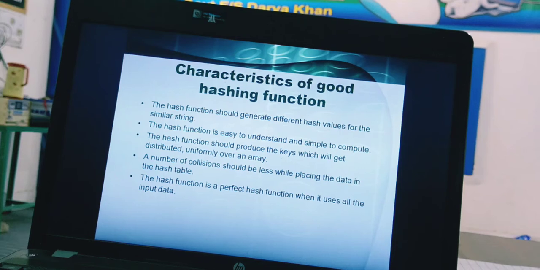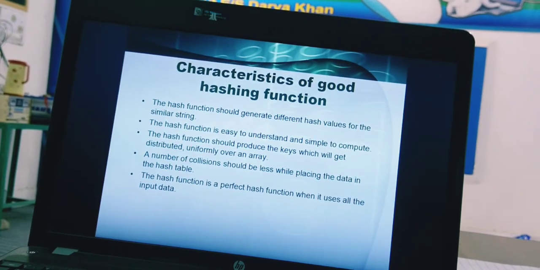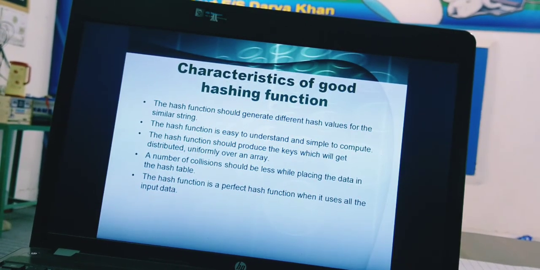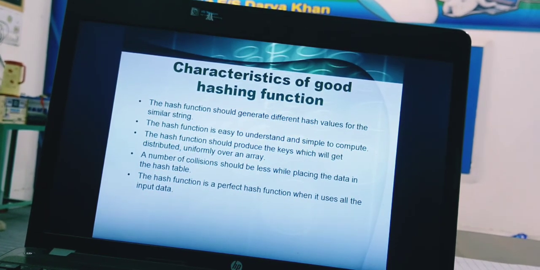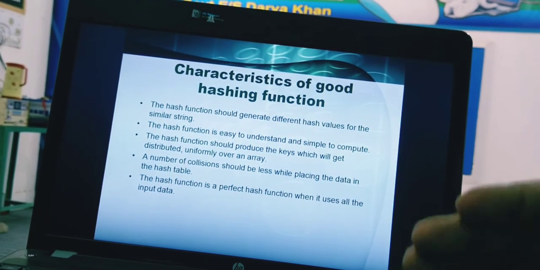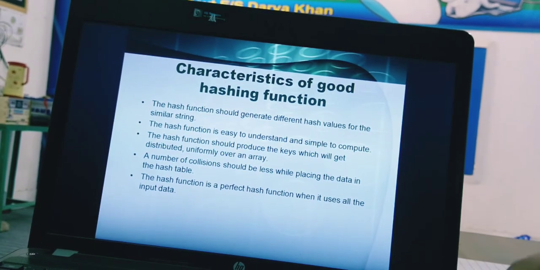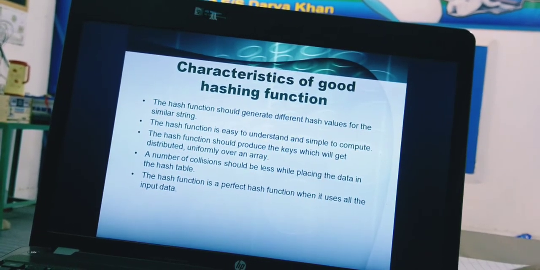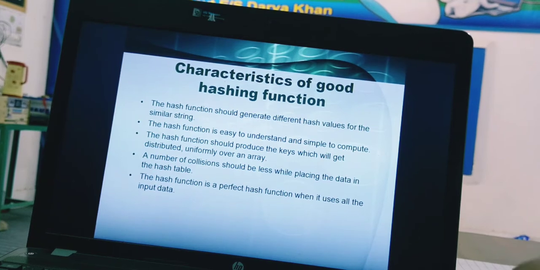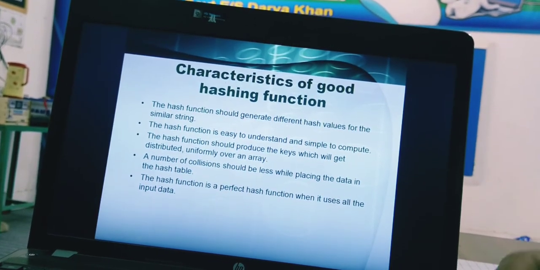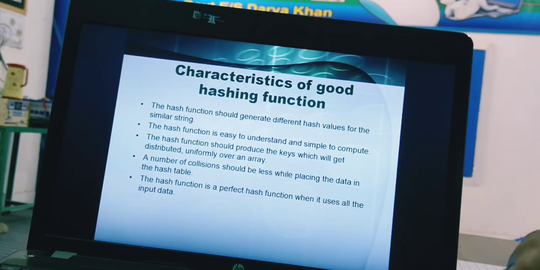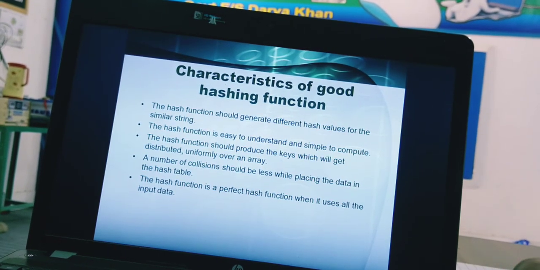Now, what are the characteristics of a good hashing function? The hash function should generate different hash values for similar strings. Here we have a question: if two same values can occur, then a collision will occur, and it's not a good hash function which has many collisions, but we have some different functions to avoid collisions.